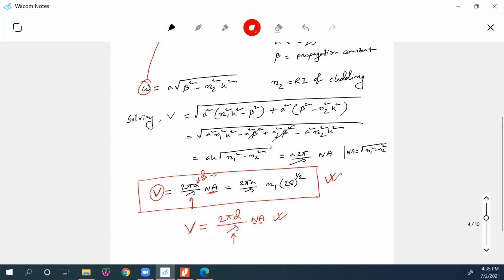If you change the wavelength and increase it, the V parameter will decrease, right? For a multi-mode fiber, which has lots of modes, for example hundreds of modes, if you increase the wavelength, then we reduce these modes to a single mode. It will convert to a single mode fiber. We'll see in the example.